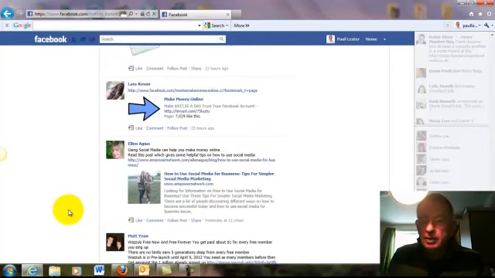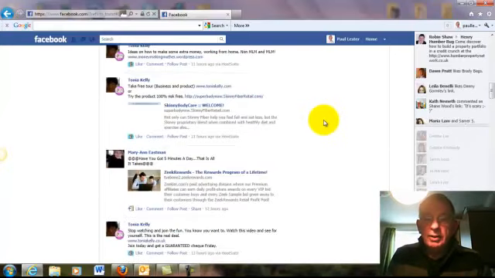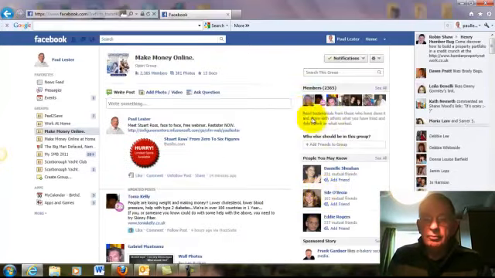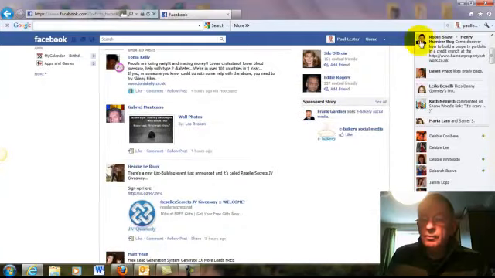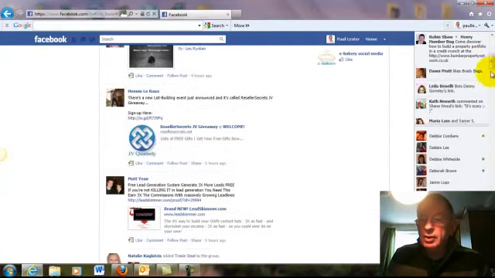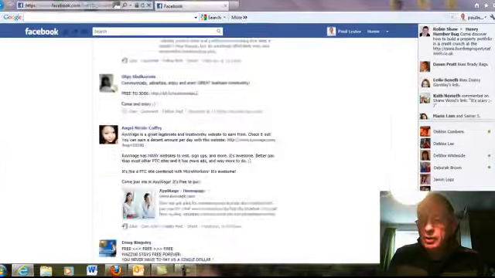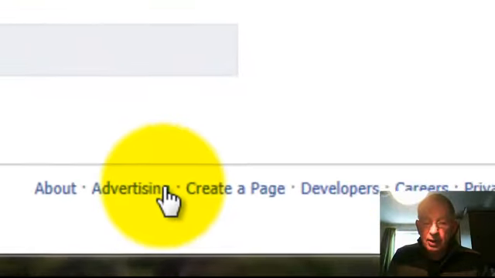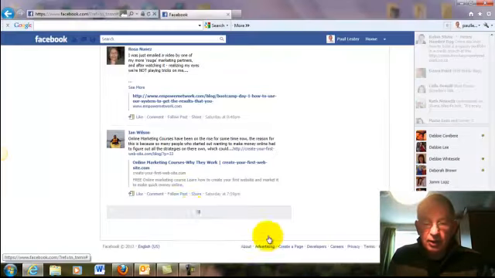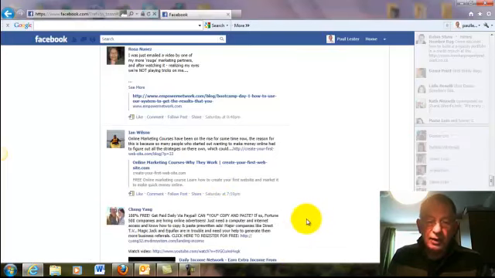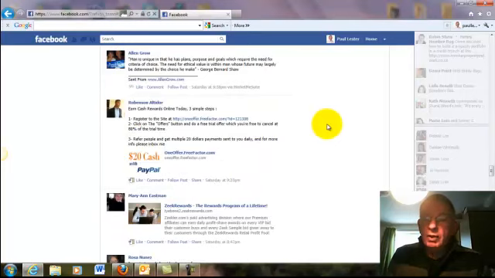You can sometimes find it at the bottom of any other page. There's a link, and now this has stopped working. We'll carry on. If I drag this down quickly, at the bottom it will say create a page there, but unfortunately unless you get it quick, this will refresh and take you down to some more posts like that. If you can't do it that way, we go back up to the top,